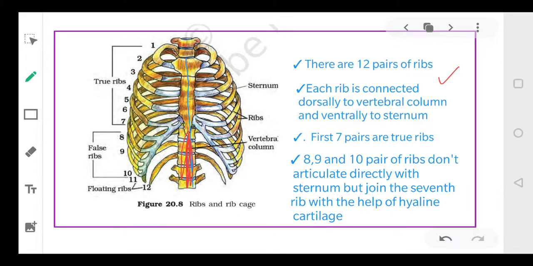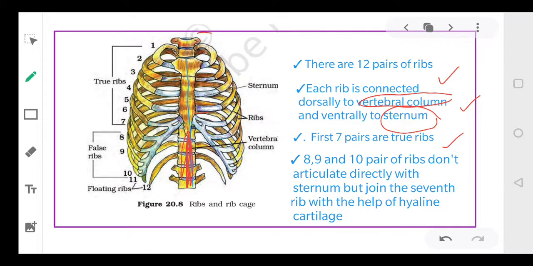हमारे पास 12 pairs of ribs हैं, and each rib is a thin flat bone which is connected to the vertebral column and connected to the sternum. तो on ventral side it is connected to a sternum, and on the dorsal side it is connected to a vertebral column. तो आपके dorsal side पे ये आपके vertebral column से यानी spinal cord से जुड़ जाती है, और दूसरी साइड से यानी ventrally side पे ये आपके sternum से जुड़ती हैं। जो first 7 pairs हैं उन्हें हम true ribs बोलते हैं।